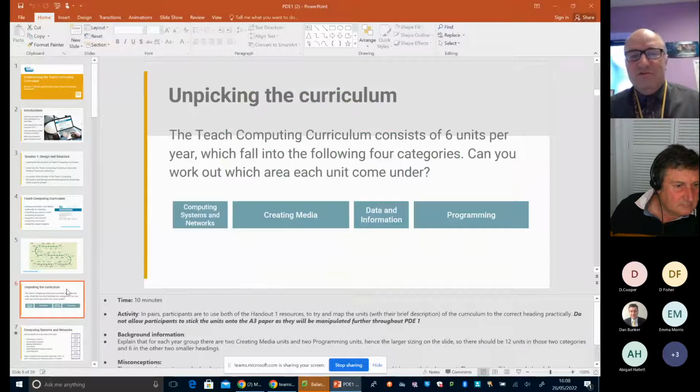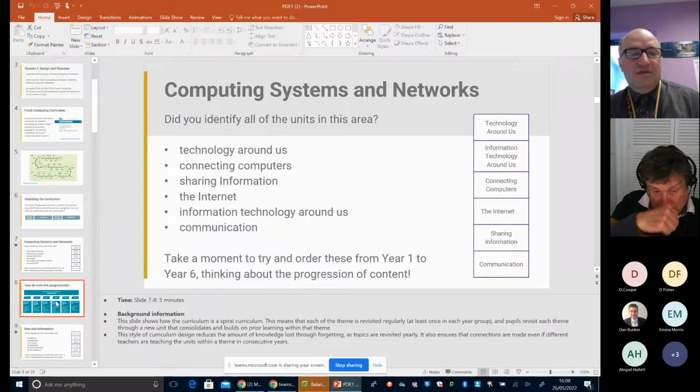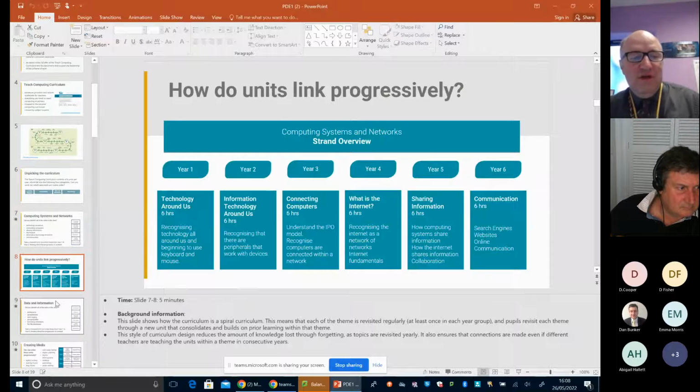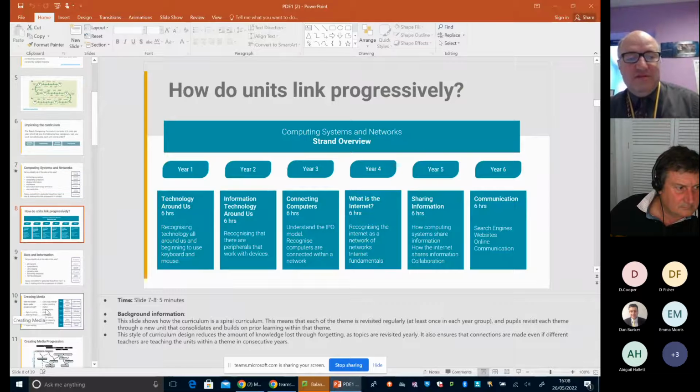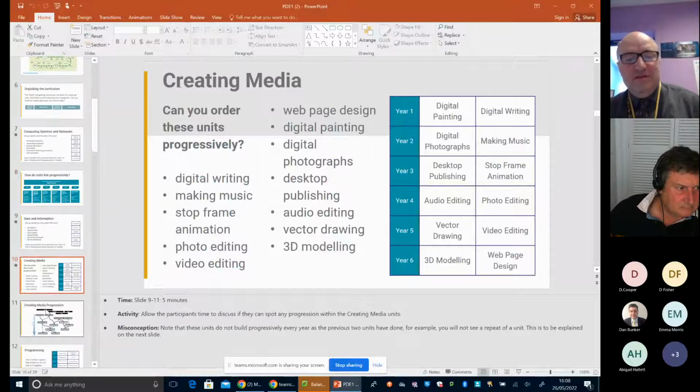Now, this course will take you through the whole of the primary curriculum, taking you through all the different strands and how they all link together at the different year points. So we've got from Year 1 up to Year 6, how each different aspect of the curriculum works and what is required in each of them. Now, this really takes you through what is expected and how you could put it all together.